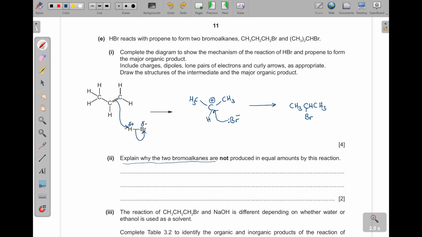The question is to explain why the two bromoalkanes are not produced in equal amounts by this reaction. That's exactly what I've been talking about. We have seen that this one is a secondary carbocation, which is more stable than the primary carbocation. So I will say: secondary carbocation is more stable than the primary